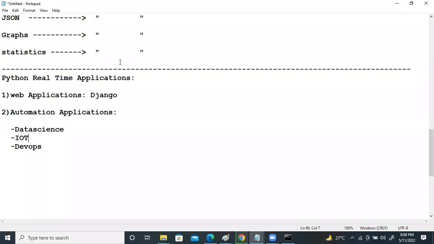it is a physical network or device embedded with electronics, software, and sensors and network connectivity for collecting data, exchanging data, and controlling the things from the place where you are, right? In a simple way, I can say IoT is electronic devices connecting and communicating with each other, accessed by using a smartphone or a computer, right? So using this IoT, most of the coding we do in Python.